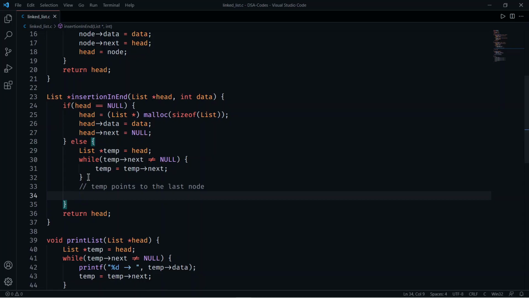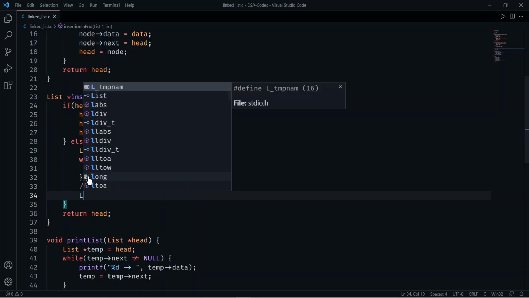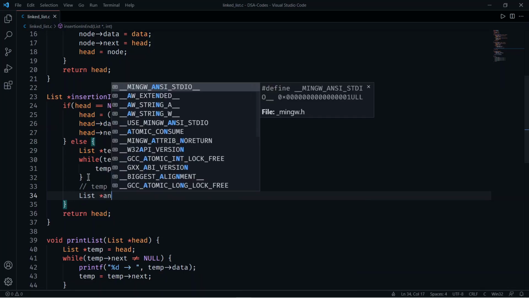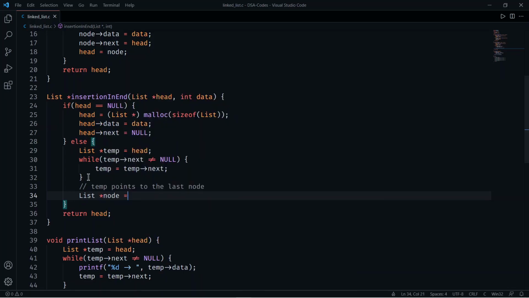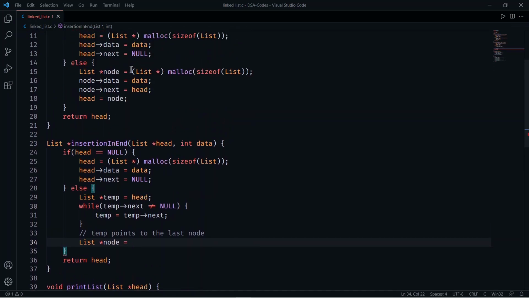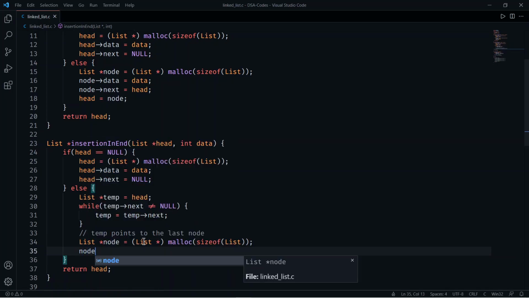Now we need a node to insert, that is list star node equals to this, because this will allocate space to that node, same as we did earlier. Then we need to store data in that, that is node arrow data equals to data.